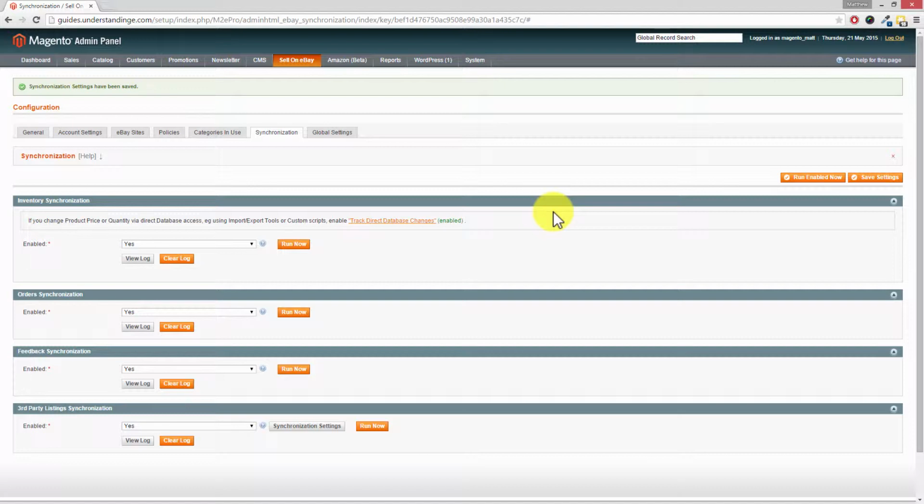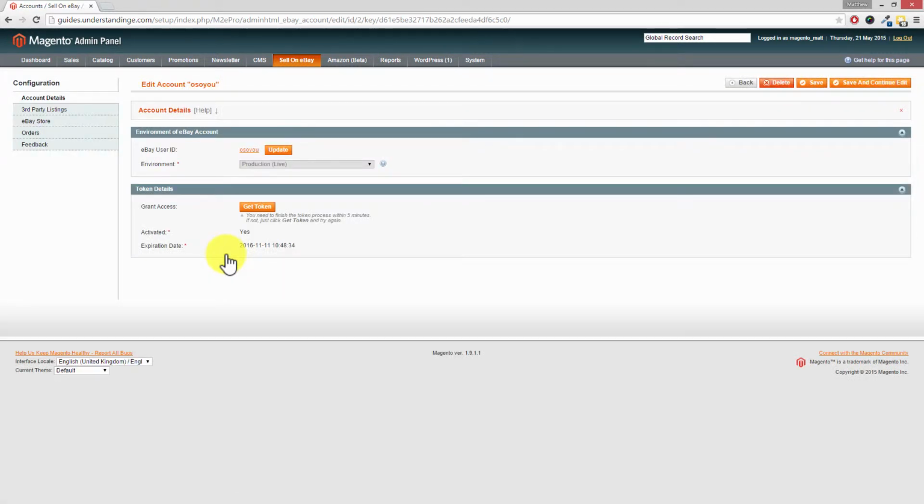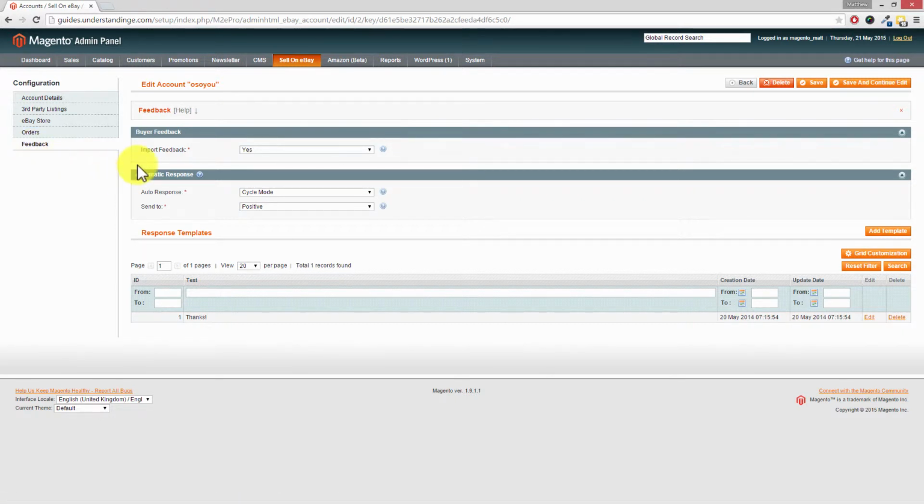Okay, excellent. Now, we now need to set up M2EPro to leave eBay feedback automatically for you. And again, this is really straightforward to do. If you click on the account settings tab along the top and then click onto your eBay ID, and a little note here is that if you've got multiple eBay accounts, then you'll want to set up different comments for each of them. Again, you could have the same comments in each eBay account, but you need to set them up separately. And then on the left hand side, click onto feedback, and where it says buyer feedback, import feedback,